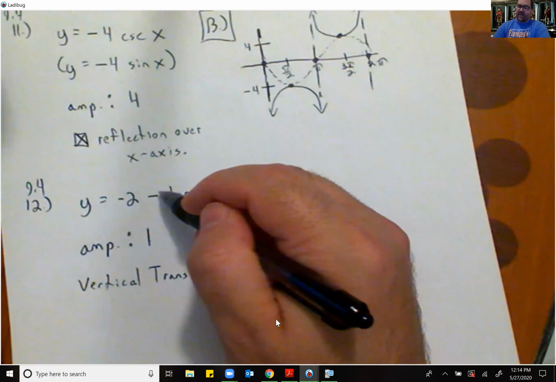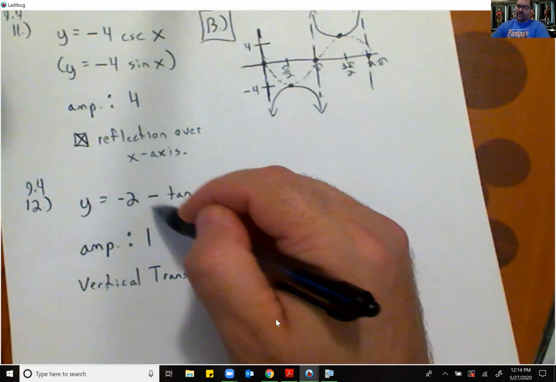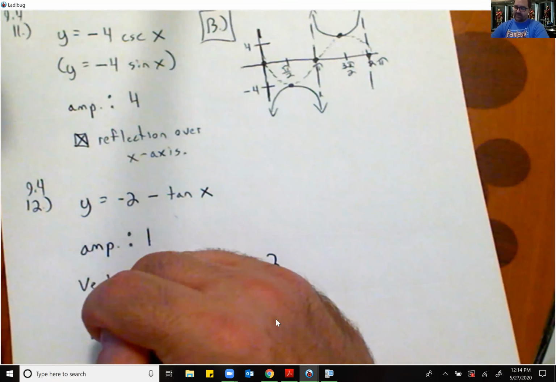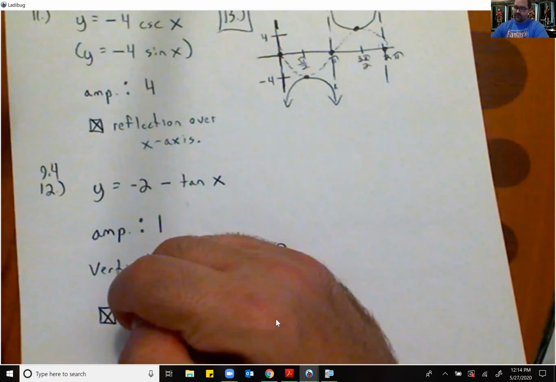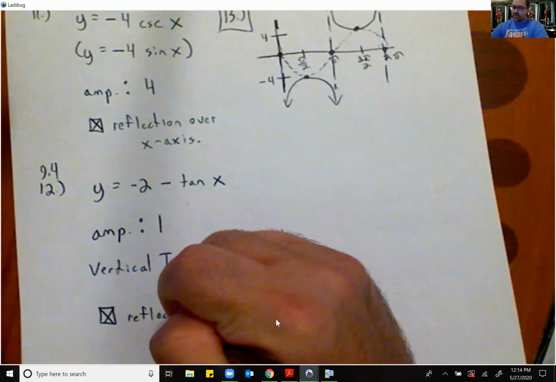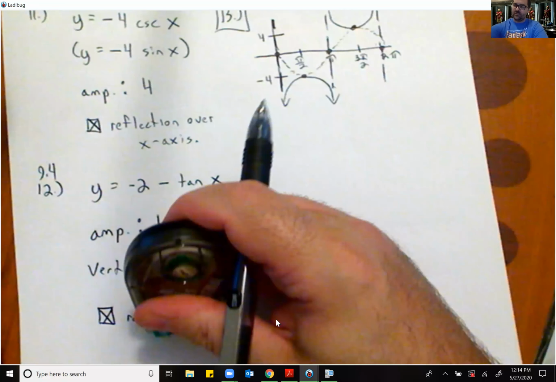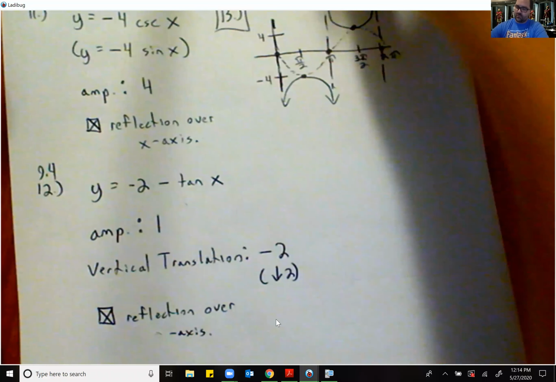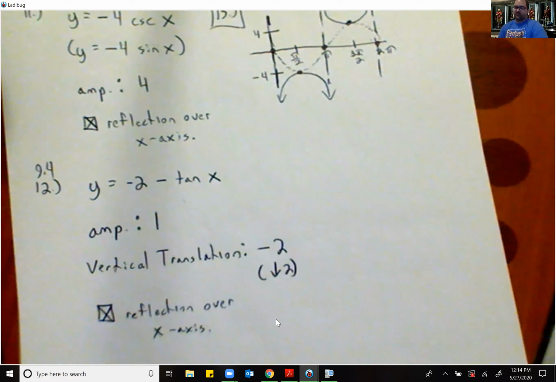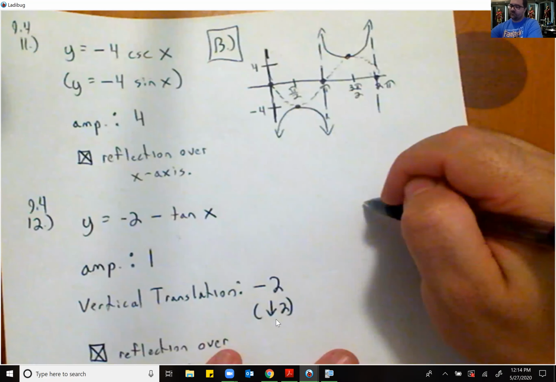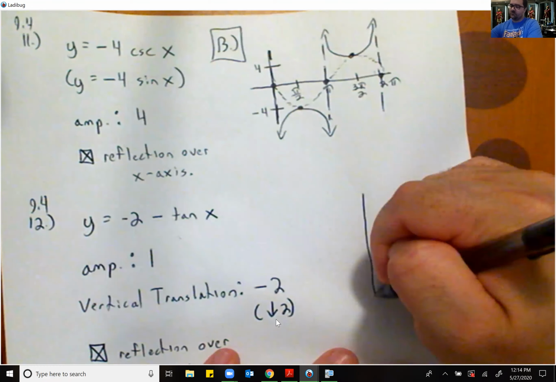Notice that your A value is negative. So again, down at the bottom, you would be checking that box that says reflection over the y-axis. Okay? Sorry, not y-axis, x-axis. Woo! Mr. Armstrong, what are you doing? Over the x-axis. So if I draw a quick graph of this,